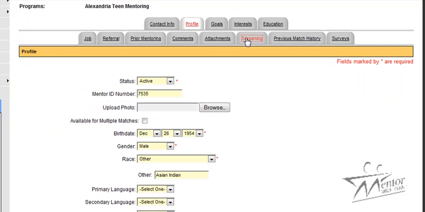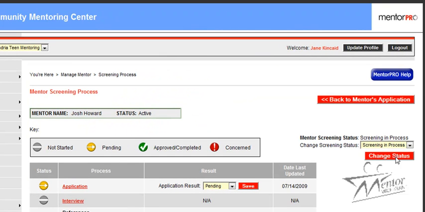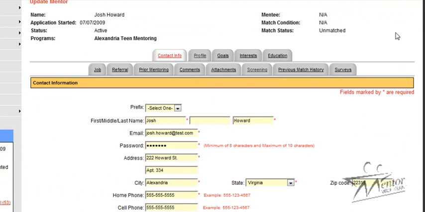Additionally, Josh will appear as Screening in Process on the Important Screening tab. He won't appear in the match pool until I click Approved and click Change Status. So that's it. We've successfully uploaded a mentor to MentorPRO using the bulk